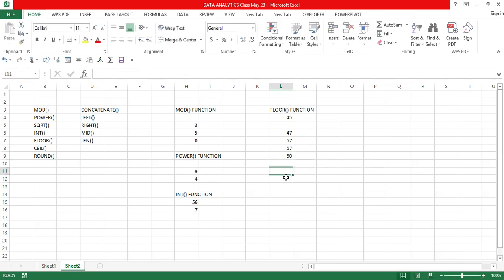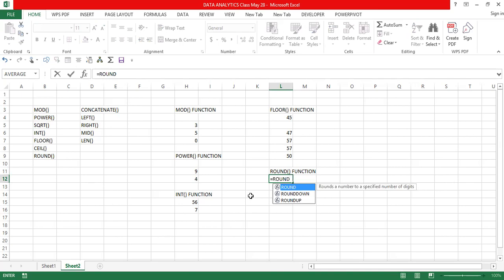That's different from approximation. Approximation is a different case. If approximation is what you want to do, then you have to use the round function. So if I say equals round of